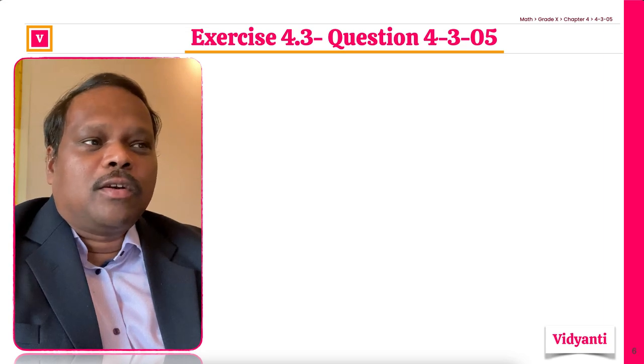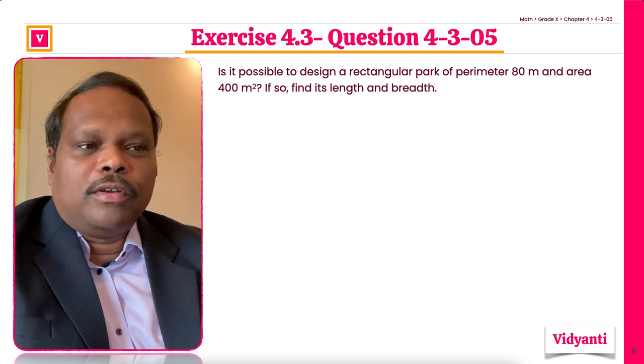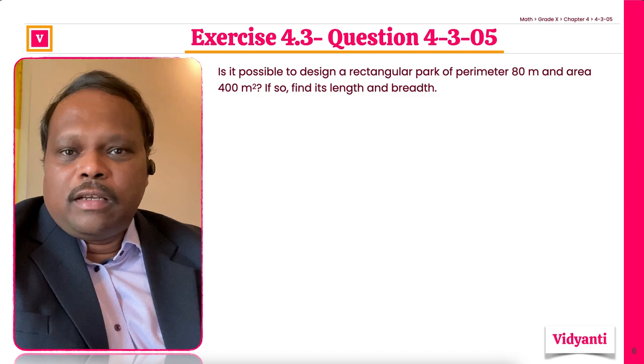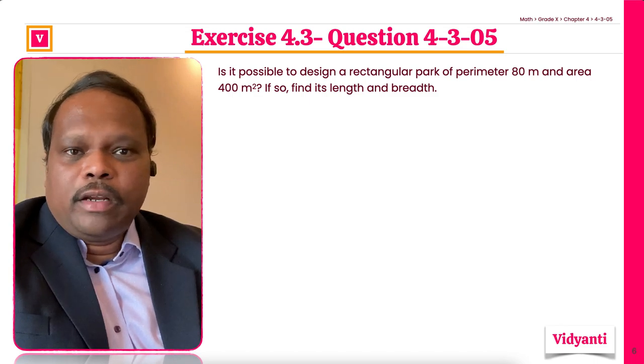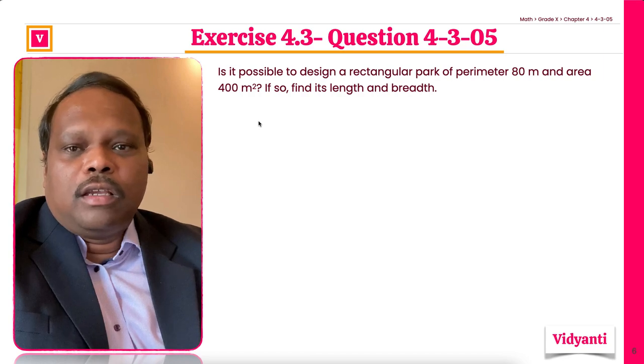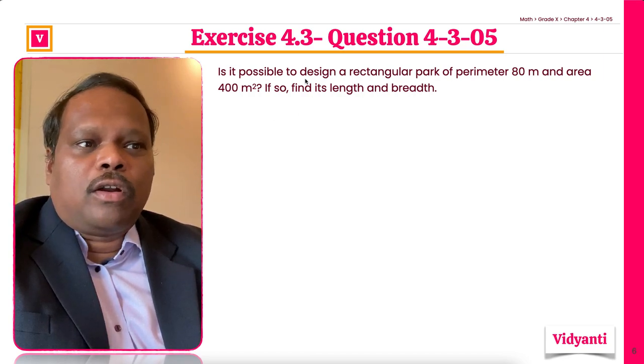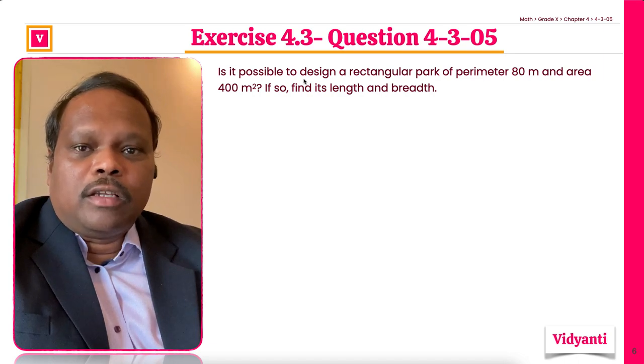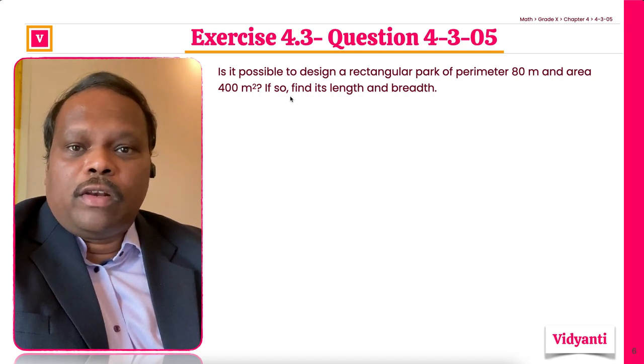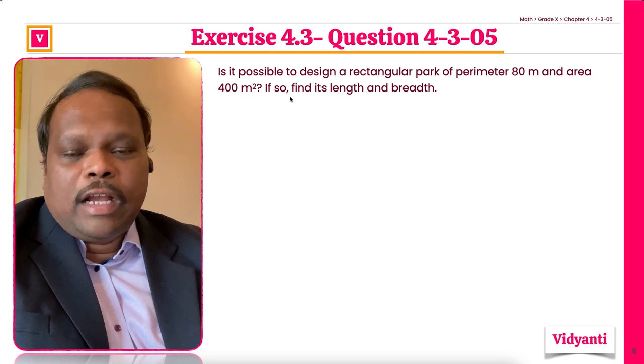Question 4.3.5 in this exercise. Is it possible to design a rectangular park of perimeter 80 meters and area 400 meters square? If so, find length and breadth. We know that for a rectangular region, the perimeter is twice the addition of length and width, and area is